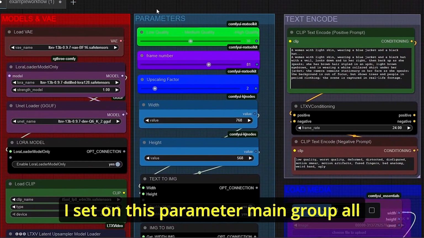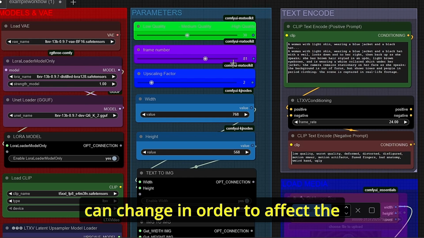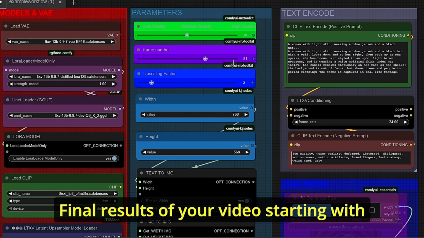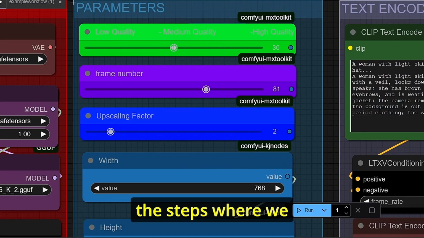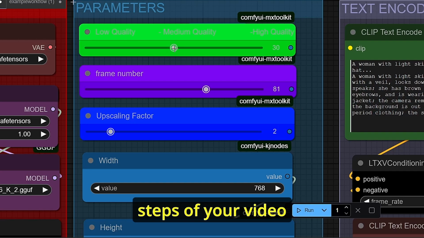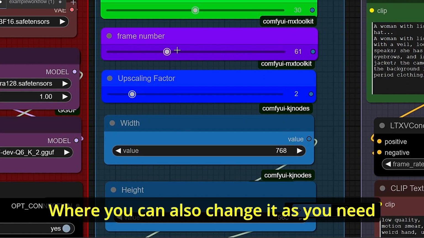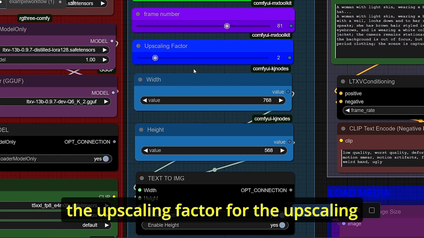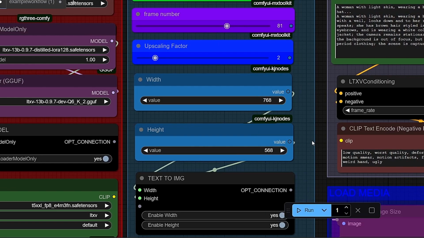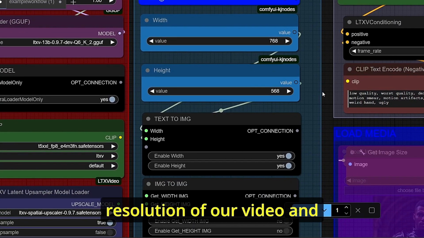I set in this main group all the parameters that you can change in order to affect the final results of your video, starting with the steps, where we have this slider over here. You can increase or decrease the steps of your video. Then we have our frame number, where you can also change it as you need. The upscaling factor for the upscaling process of our video, the height and width resolution of our video, and this